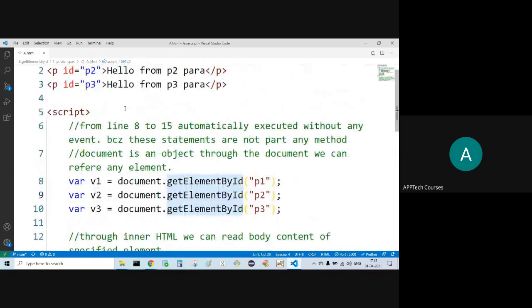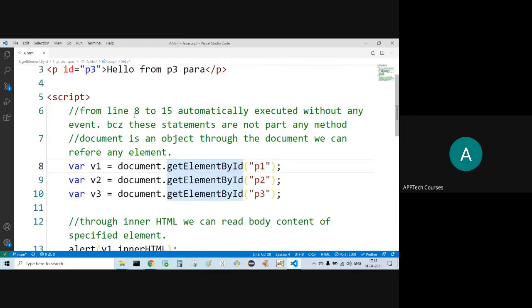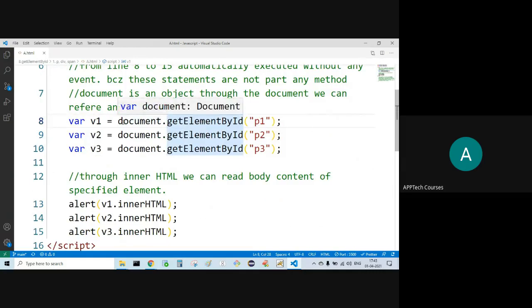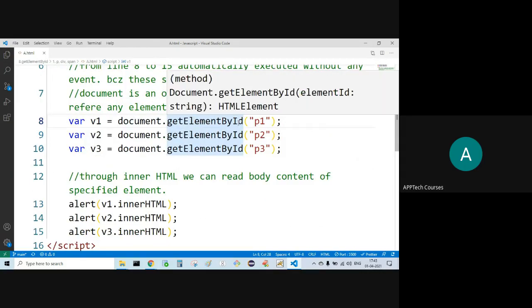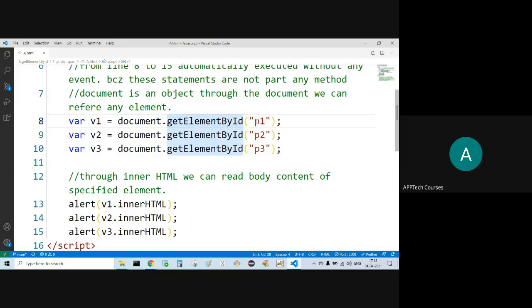Now in the script tag, document dot getElementById P1. I'm getting the element by its ID. Element in the sense tag, HTML tag. Document is the object.